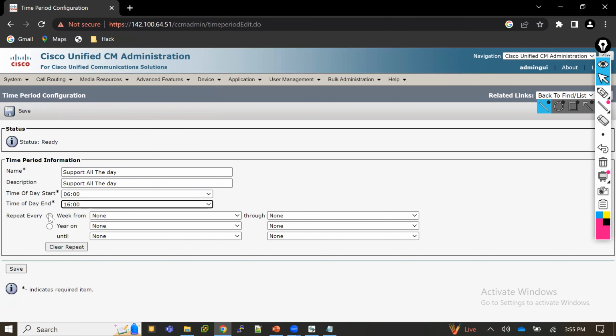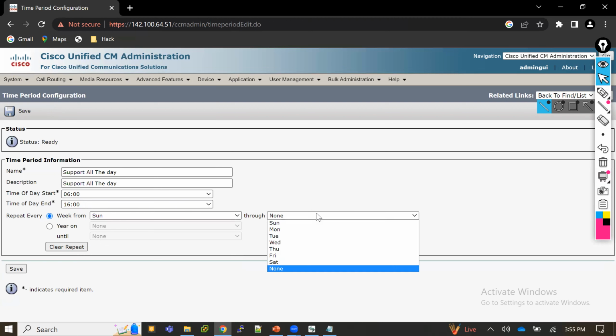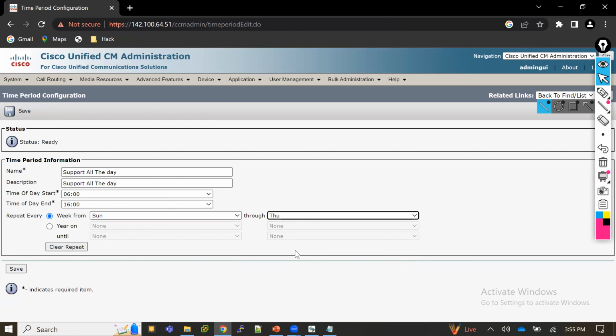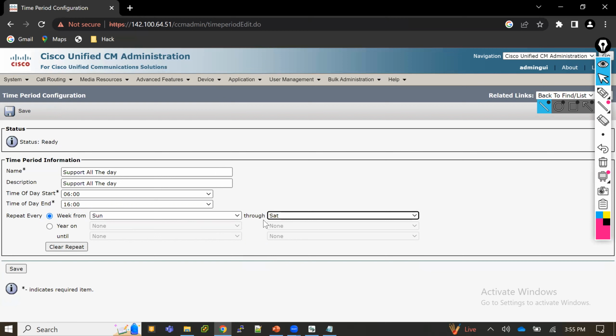Okay. So the week starts from Sunday, because today is Sunday. Then I'll take it till Thursday, or you can take all the days, Sunday to Saturday. Every day we have taken, but support starts from morning 6 o'clock to afternoon 4 o'clock. Okay, 16 means 13, 14, 15, 16, which is 4 o'clock here. This is the time